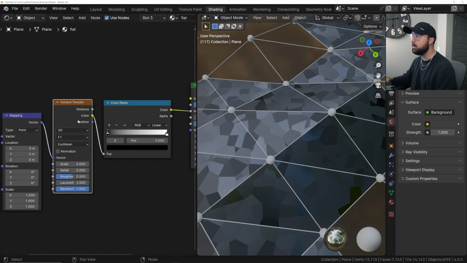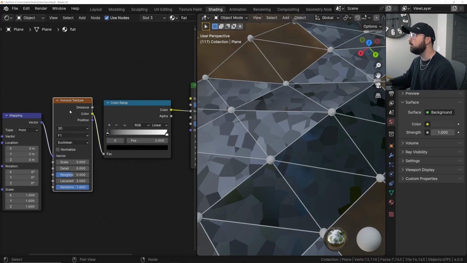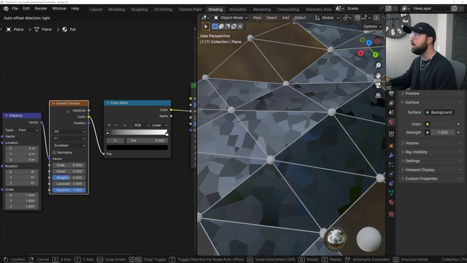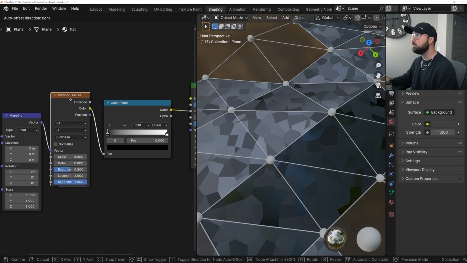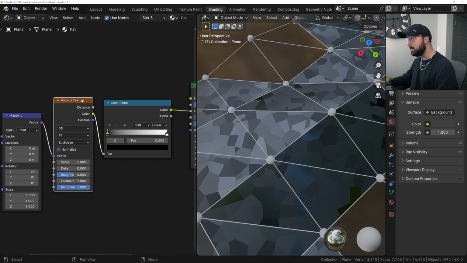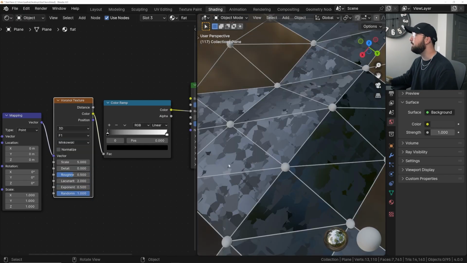I highly encourage you go in and play with them. Press every single button on these nodes to really get comfortable with them. That's why you can make thousands and thousands of unique materials just within procedural materials, because they offer so much just here. So with that being said, we're going to go to the Minkowski pattern, and then we're going to